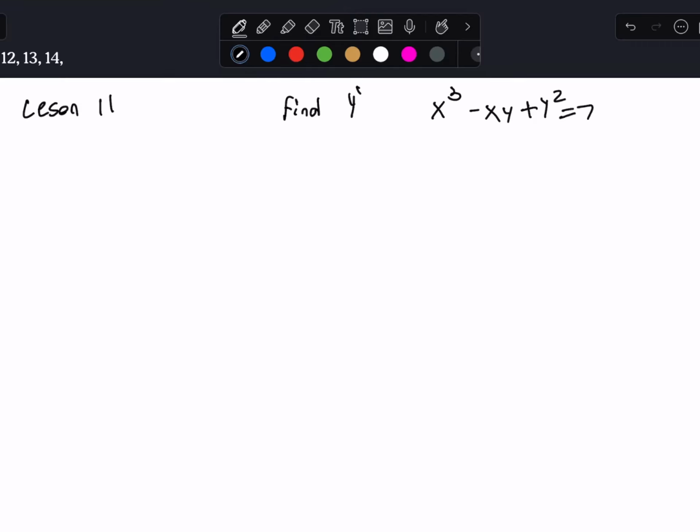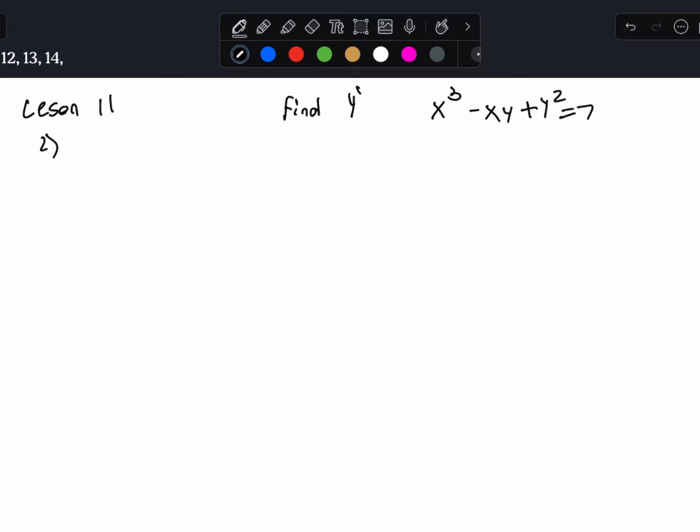How's it going? Today we're going to be doing problems from lesson 11, 12, and 13. And we're going to start off with lesson 11. So, we're going to start off with question number 2 from lesson 11, which is asking us to find the